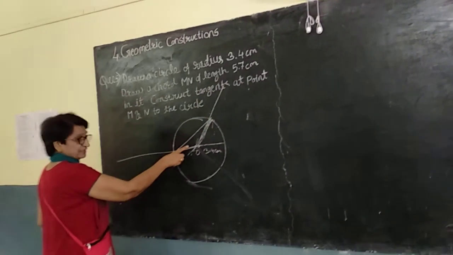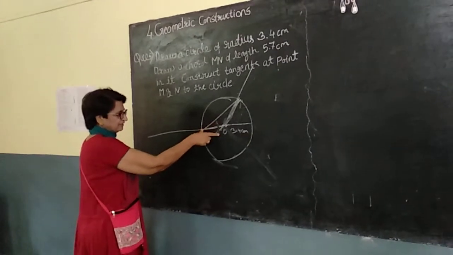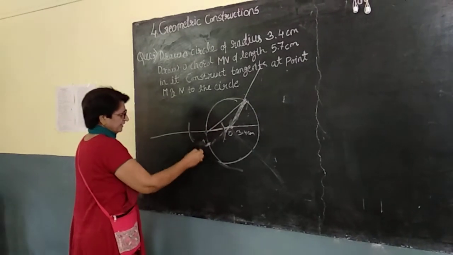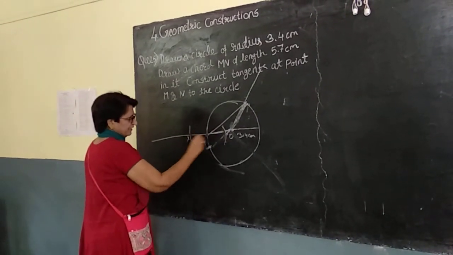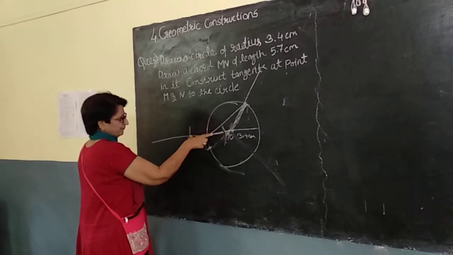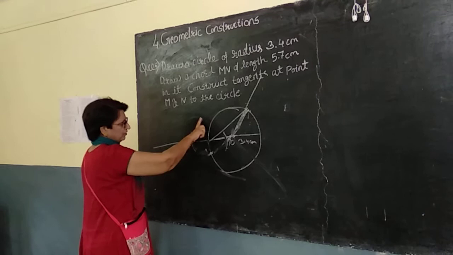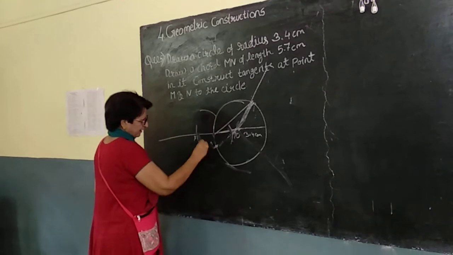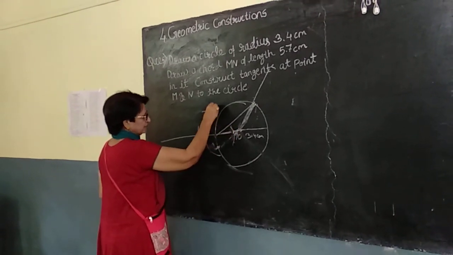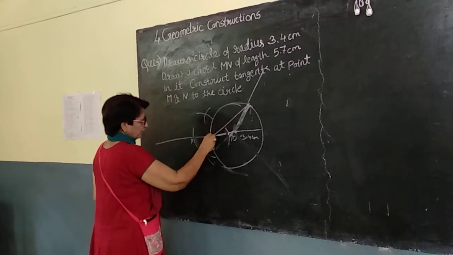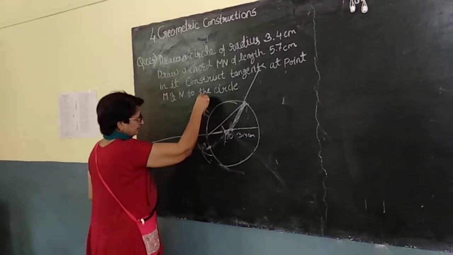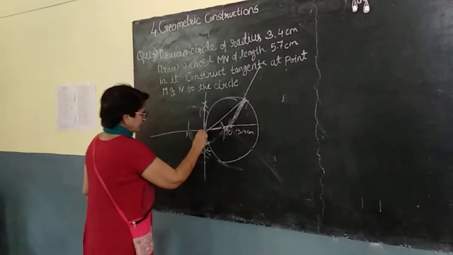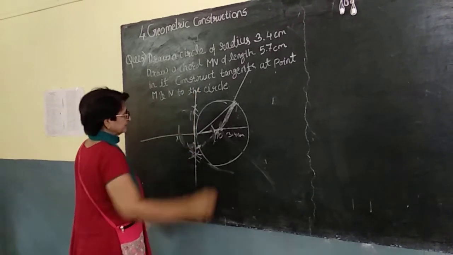Then what we have to do? Take some convenient radius, cut an arc here, cut an arc on this side, right? So we got arcs here like this. Then taking more than half of XY, we have to draw an arc on this side and this side. Then the same thing on this side, and from point Y we have to draw it here like this. Then we have to join this point and this point. So like this you will get a tangent. It will go like this.